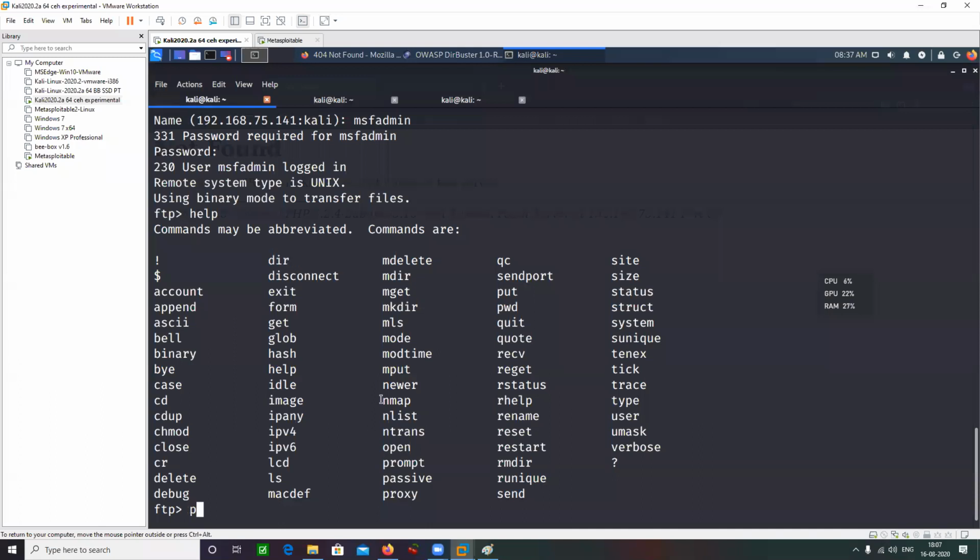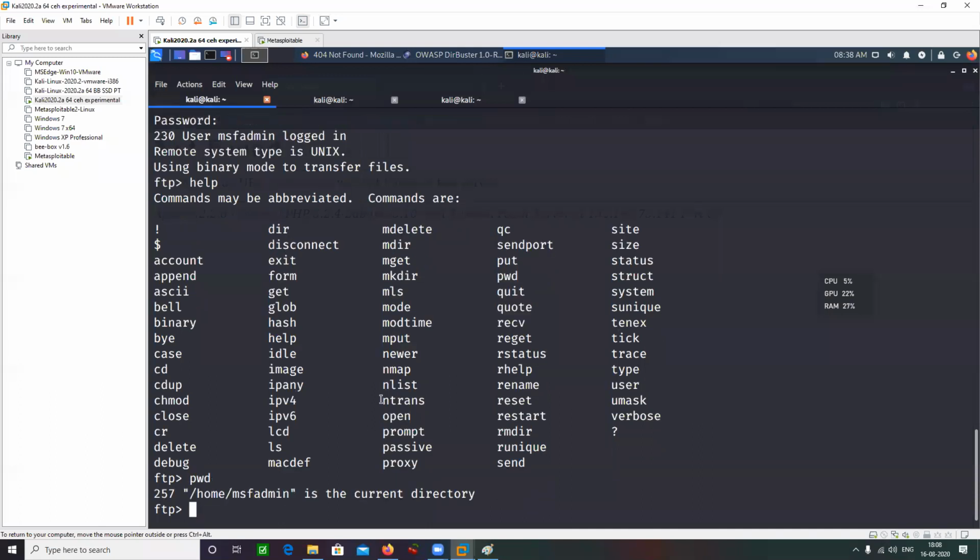Okay, let's just type pwd here, and pwd is going to tell me where I am basically. Okay, so I'm in the /home/msfadmin directory. I can do an ls here.